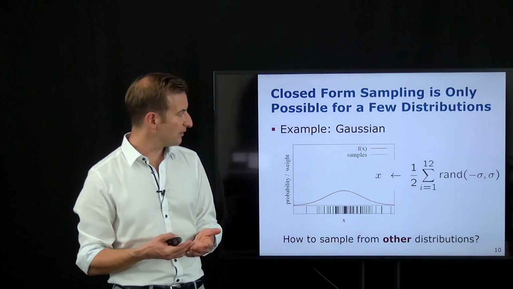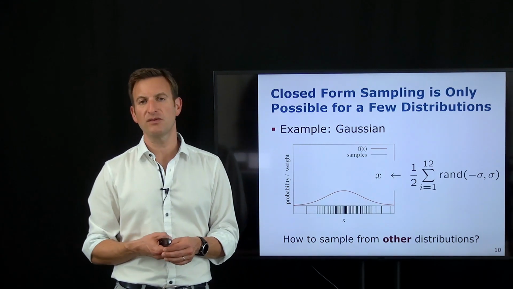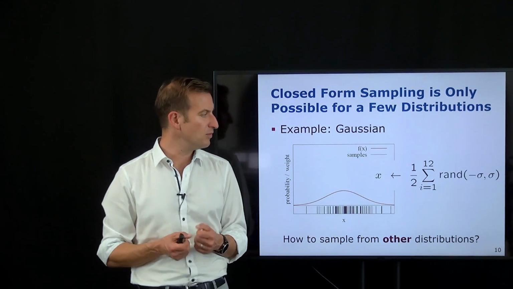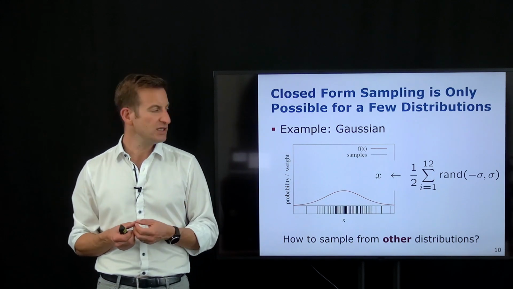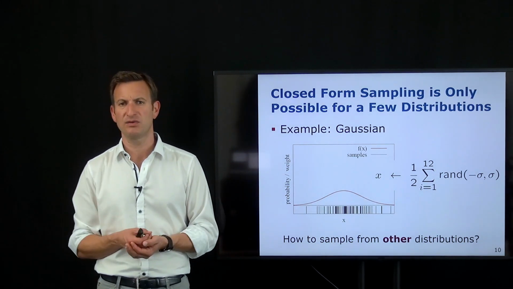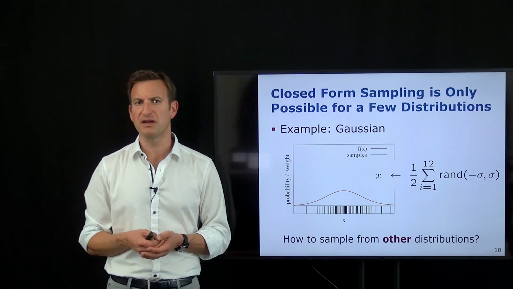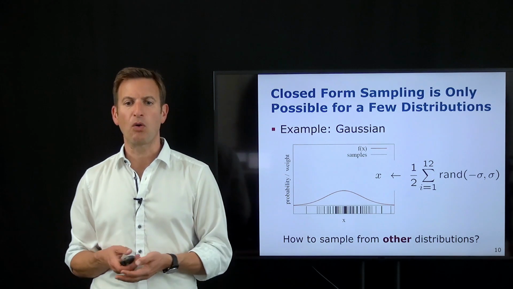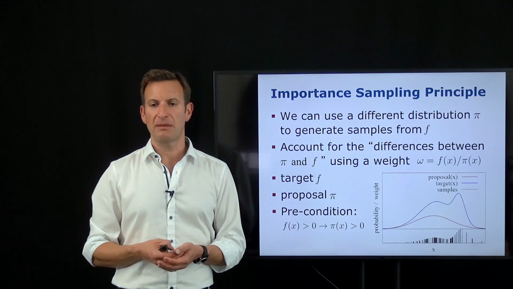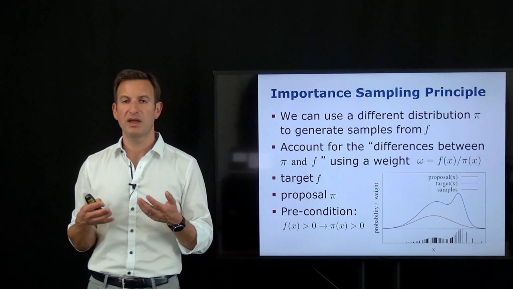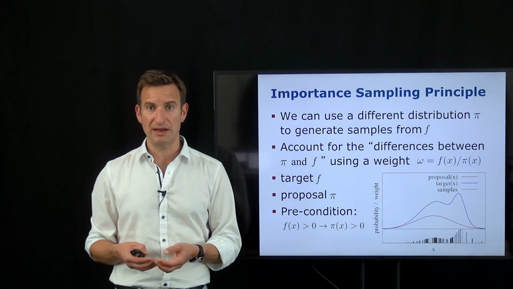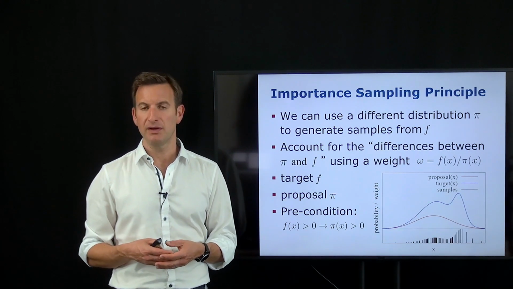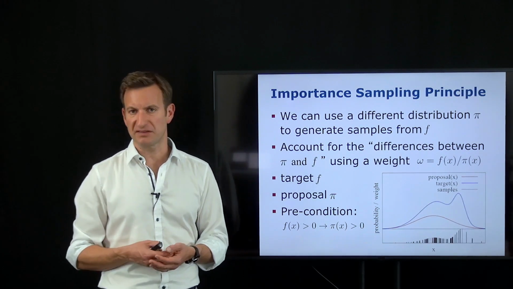There are ways of doing this also for arbitrary distributions. So-called rejection sampling is one of those techniques. We don't want to dive into the rejection sampling approach here because we typically can't use it in the particle filter setup, as it is a very inefficient sampling technique. Instead, we want to look at the so-called importance sampling principle. What the importance sampling principle tells us is that we can use a different distribution to generate the samples compared to the function for which I actually want to generate the samples. The only thing I need to do is compensate for the mistakes that I have made.